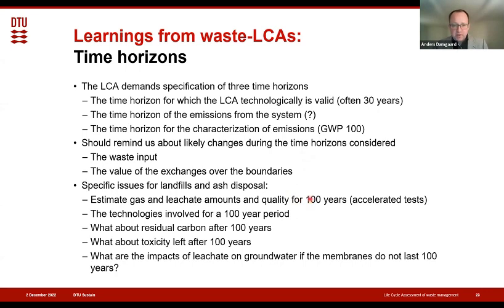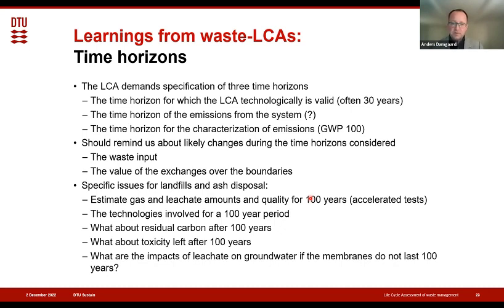As an example, very often we hear that landfills can capture something like 90% of the methane being generated. And that is actually true, if we talk about the capture rate after we have finished the landfill and put a cap on it. At that point, we have very good control of what goes on in the landfill, and we can capture 90%. The problem is just that a vast amount of the gas is being produced in the early phase before we can cap the landfill. And that means we lose a lot of this gas.